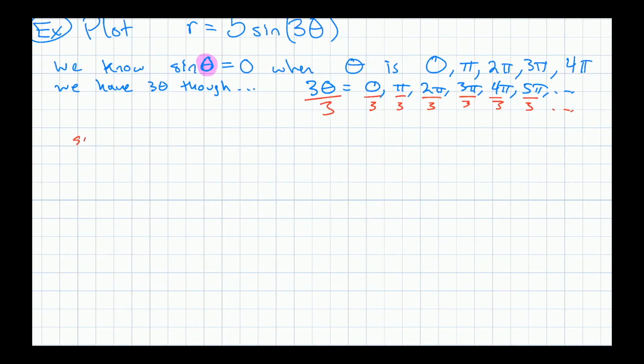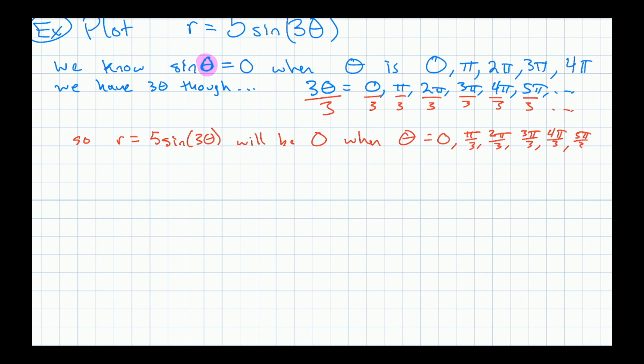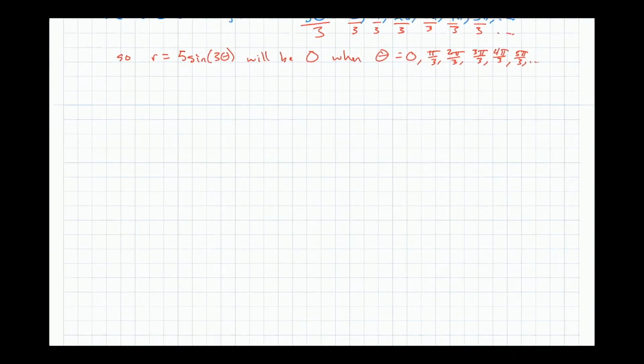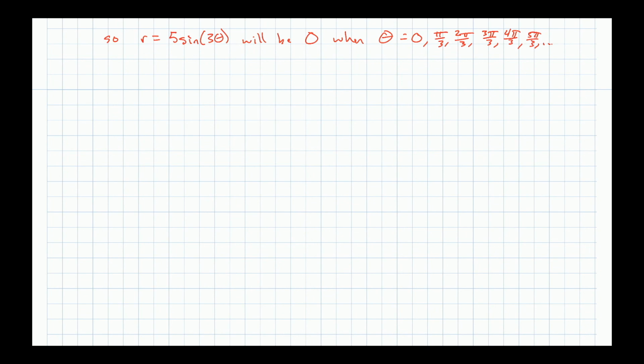So we know r equals 5 sine 3 theta will be 0 when theta is 0 or pi over 3 or 2 pi over 3 or 3 pi over 3, 4 pi over 3, 5 pi over 3, dot, dot, dot. All of those angles. And so what's that mean? Well, what that means is if you look at a graph now,